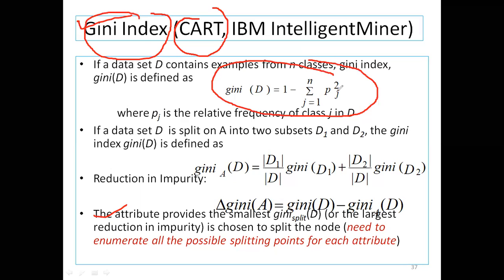Okay, here Pj stands for the relative frequency of class J in our set. So if a data set D is split on A into two subsets D1 and D2, then the Gini index will be the summation of D1 by D times Gini D1, and D2 by D times Gini D2. So overall,